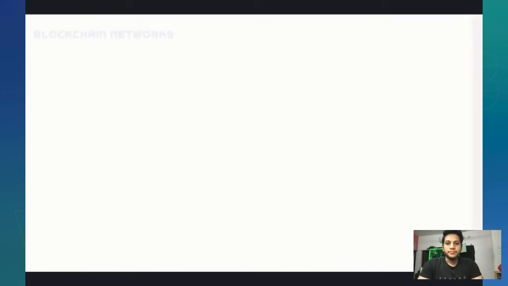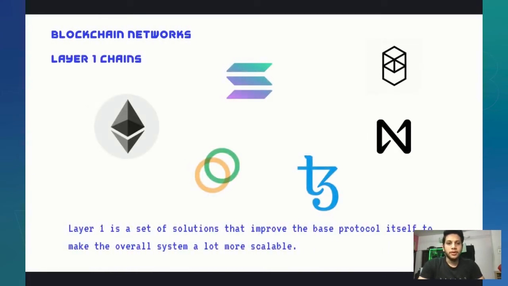So as the previous talks mentioned the basics of blockchain and how blockchain networks work, I think the biggest one, how blockchain was formed, was the layer one blockchain, which is the base layer where all the transactions happen and all the ledger is made, based on a consensus mechanism such as proof of work or proof of stake. I think a lot of evolution has happened over the past few years. Of course, Ethereum being the first one, but we knew how slow it was and the limitations of Ethereum. So a lot of blockchain networks have been built around it to better improve the vision that Ethereum laid out.